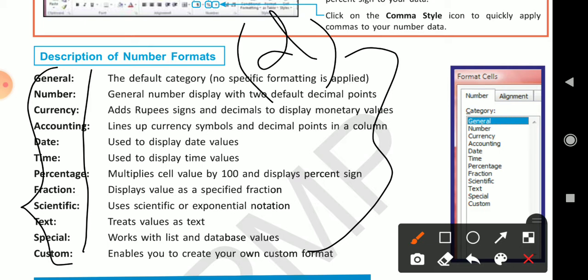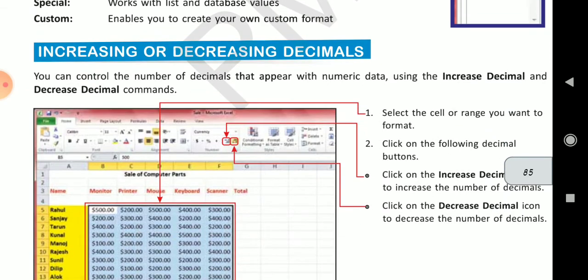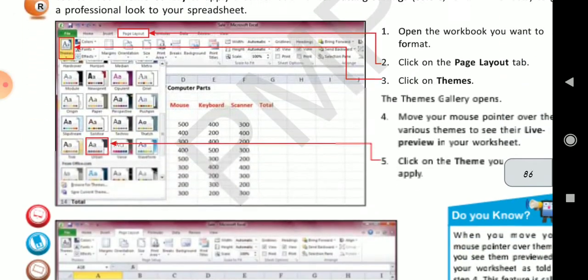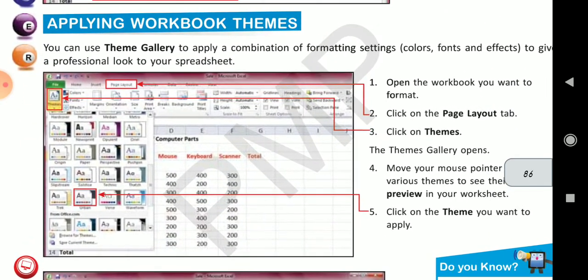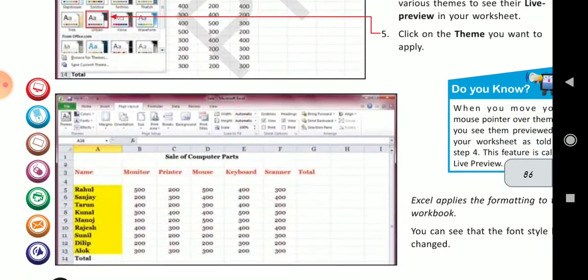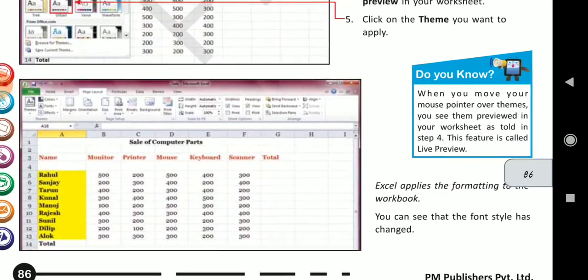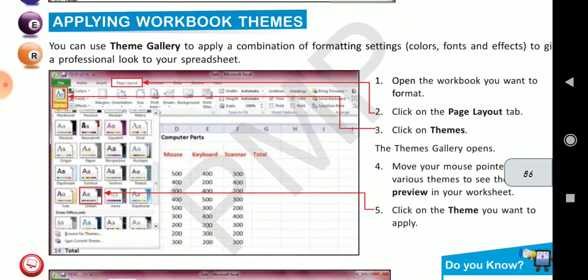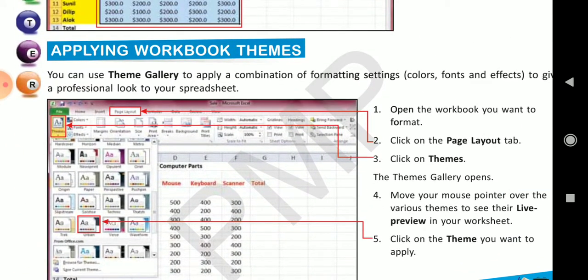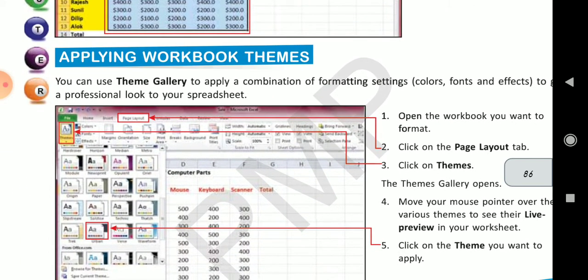Now next question is, why do we need a theme gallery? On page number 86 you will get why we need a theme gallery. The theme gallery is used to apply a combination of formatting settings, colors, fonts and effects to give a professional look to your spreadsheet.